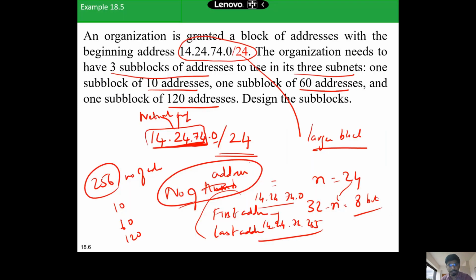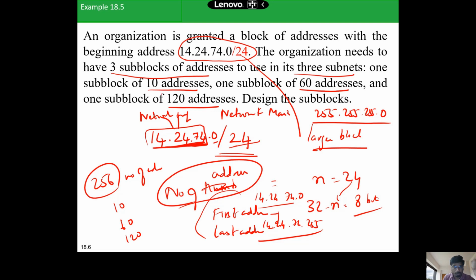So let's look at the case by case here. Having known the network block size and the network prefix, you can also know the network mask, the default mask. What will be the network mask if it's a 24-bit prefix? The first 3 bytes are all ones, the last byte is 0. So it's going to be 255.255.255.0. Why I'm saying this is, let's now start applying this to the network block and split it up into 3 subblocks. I'm going to continuously allot addresses. I should not waste addresses, but I will meet the requirement by granting in powers of 2.